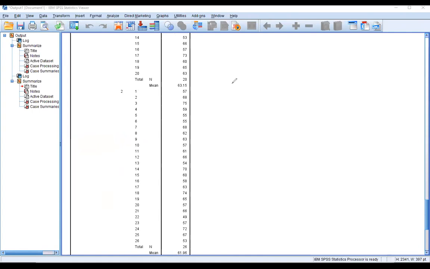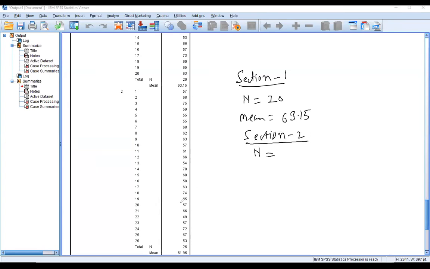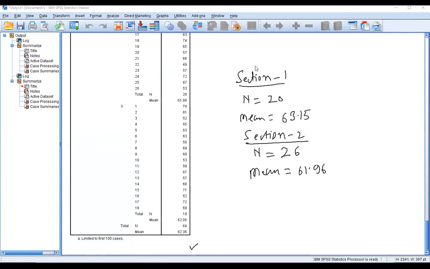In section 1, the number of female students is 20, and the mean marks obtained by them is 63.15. And section 2, how many students? 26, so I am writing 26, and mean 61.96.